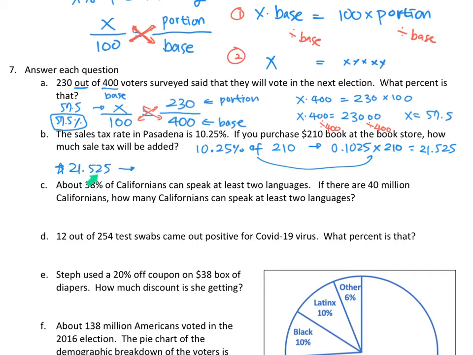Here, this is a little sticky situation, because in real life we don't go below the hundredth, meaning the pennies. So if something is $21.525, what does that mean? So we're going to round off. With money, usually you round off to the nearest penny, which is the hundredth place value, which means 2 places after the decimal. So I have to look at the next number, which is 5. If it's 5 or higher, then I'm going to have to round up. If it's less than 5, then I'll just keep it as it is. So here I'm going to have to round up to $21.53. So that's the tax they're going to charge you at the cash register.